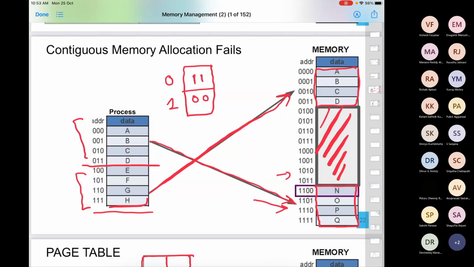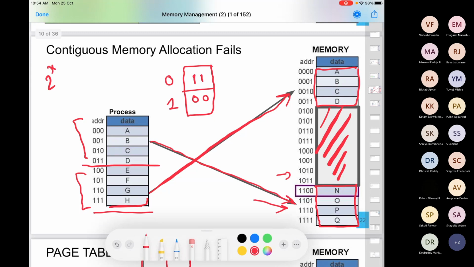Why is it 2? What is this 2 signifying here? It is the number of bits which you are using to address a frame. So if you look at the physical address in your memory, it is the number of bits used to address a particular frame. Let's say your main memory was 2 raised to the power x, your frame size is 2 raised to the power y, then we were using x minus y bits to address a particular frame.